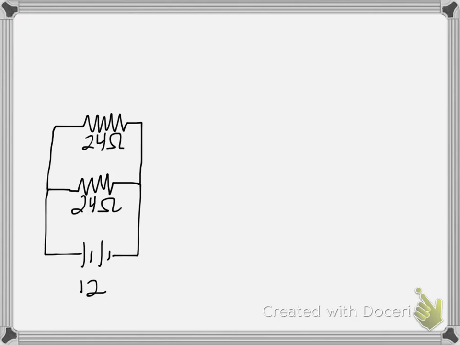Alright, there is a special case where your resistances are exactly the same, but this process works for any value of your resistors. Okay, the process works for any value of your resistors. So let's label this R1 and this will be R2, and what that means is that I1